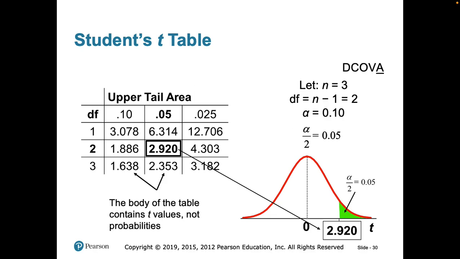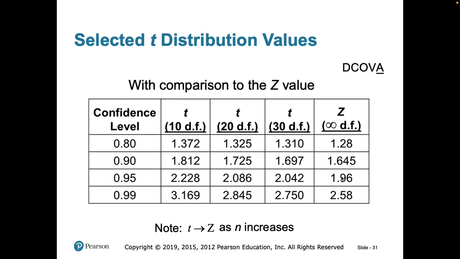So the C table and the T table are different. Just remember which table you're using for this, right? Here we're just comparing T values to C values. You can see at a 95% confidence interval with 10 degrees of freedom, the T table says 2.28. But as you increase the degrees of freedom or the number of samples, this number gets closer to the C table.